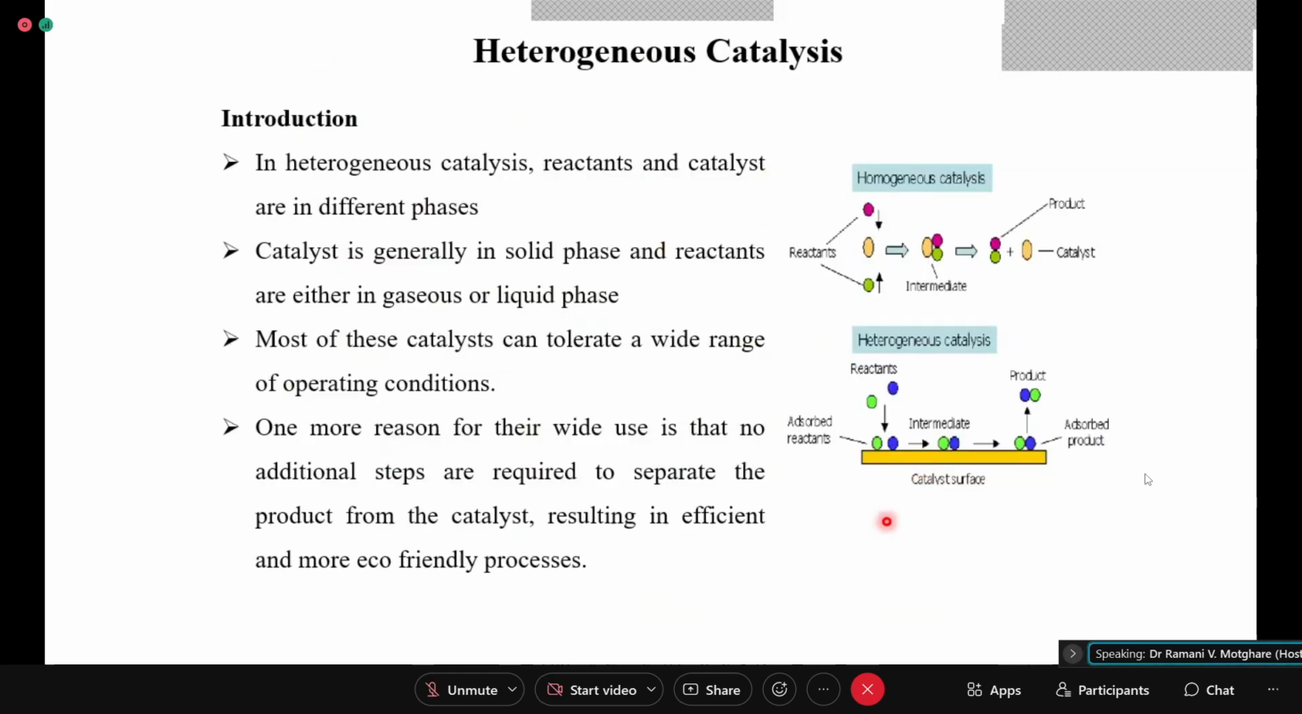Now coming to heterogeneous catalysis, introduction. In heterogeneous catalysis, the reactants and the catalyst are in different phases. So the catalyst is generally in solid phase and the reactants are either in gaseous or liquid phase. Most of these catalysts can tolerate a wide range of operational conditions. One more reason for their wide use is that no additional step